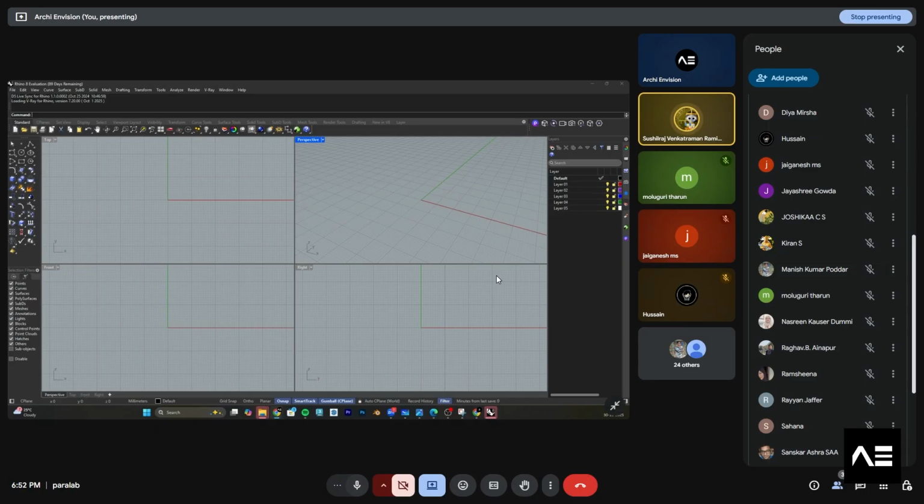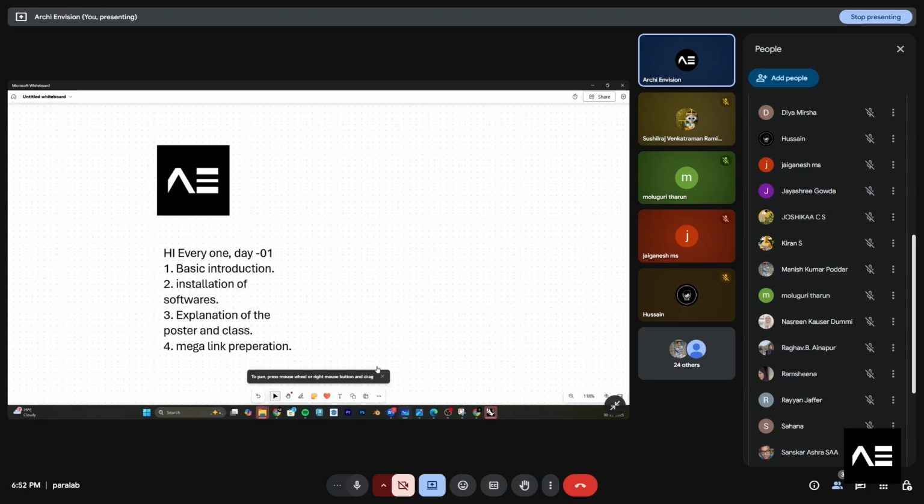So my doubt is this 90 days version has all the features that the commercial one has? Yes, it will have all the features that the commercial version has. The only thing is it has only a 90 days trial. So I have 89 days trial right now. If you see, it is mentioned over here. Okay. So you just have to create an account in Gmail, and let me explain on the board.